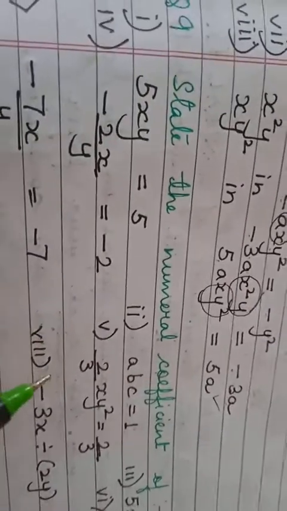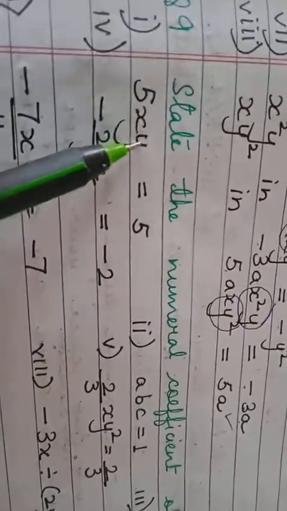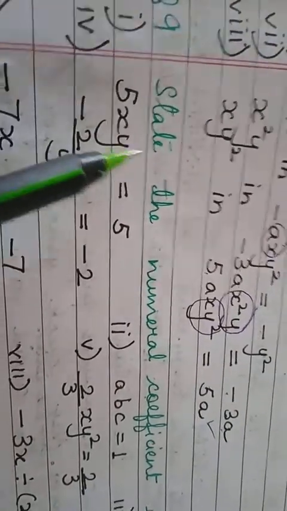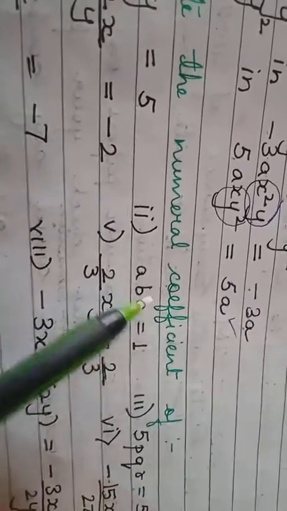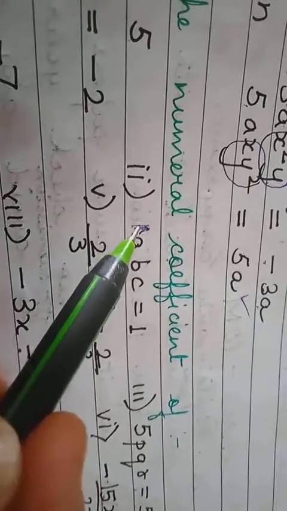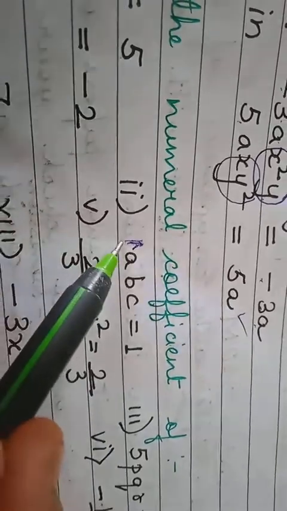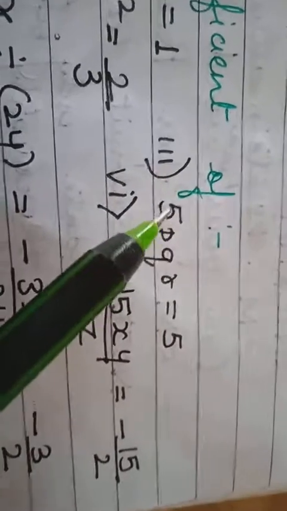So we have seen coefficients. Now we'll see the numeral coefficients. What are the numeral coefficients? Numeral coefficients are the number constants, right? So in this 5xy term, what is the number which is associated with these variables? It is 5. So write 5. ABC. Now ABC, no number is there, but always remember 1 is there. So 1 ABC. So what is the numeral coefficient associated with ABC? 1. So write 1.